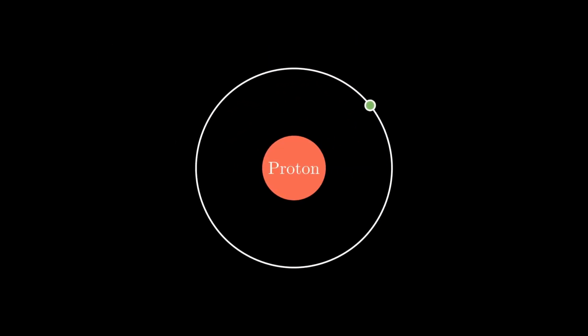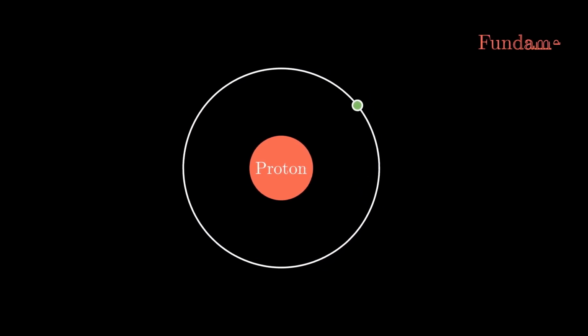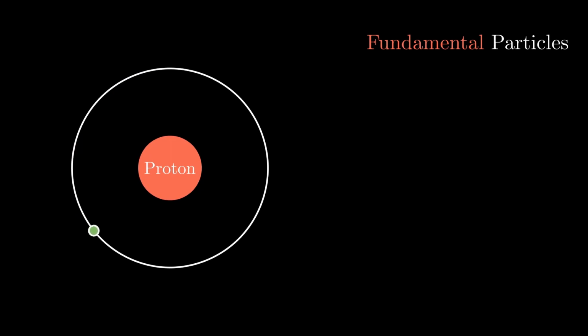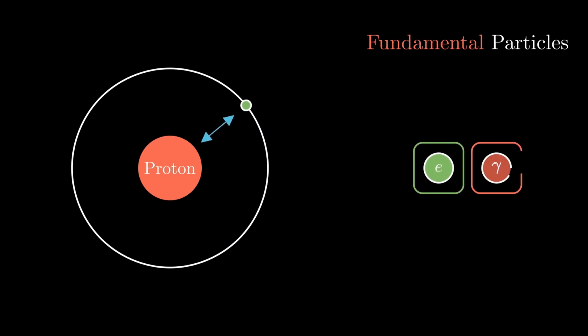Since very early, we are taught that matter is made of tiny building blocks known as atoms. However, these are not the most fundamental particles. The electron orbiting around the proton is, as far as we know today, fundamental. This perpetual motion is kept by the electromagnetic force, mediated by the particle of light, the photon.